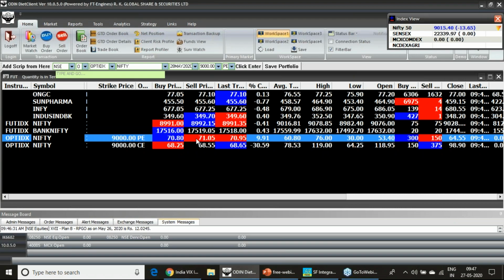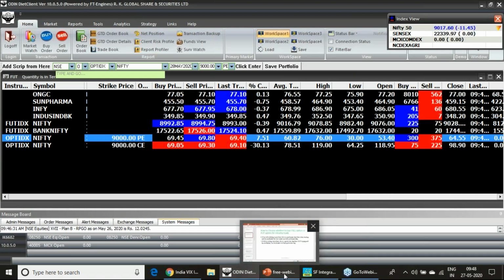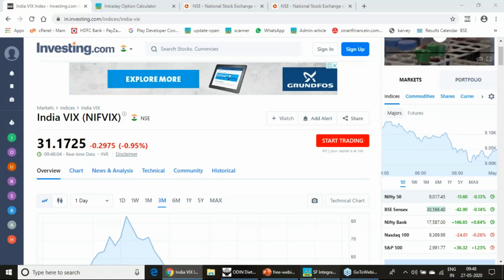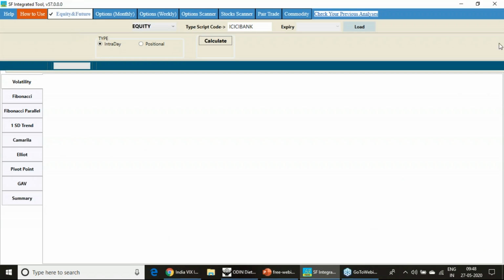But one thing you have to be very careful about here. Suppose this is the highest open interest contract available. You can think of other contracts, meaning the next month contract also at the same strike. That may not have that impact at all. So that is also a probability you can take. I will demonstrate the same thing with the help of our software.